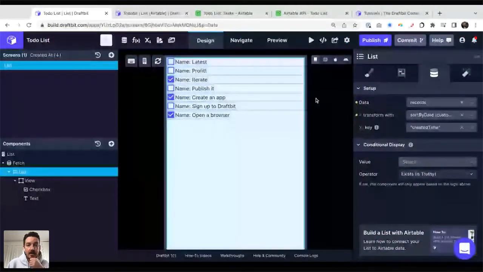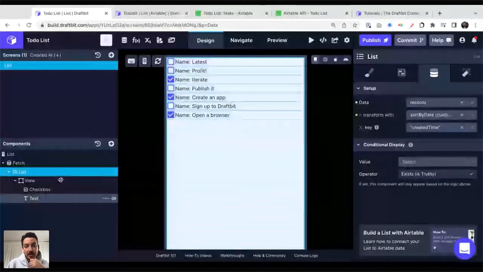Okay, what else? What are we going to need to do next? There are many things we can do. Let's do the add, right? So I can add one. Oh, wait, no. First of all, one thing I want to do before we add a new task, I want to handle what happens when I check the checkbox.